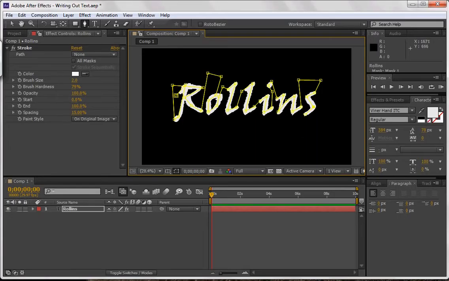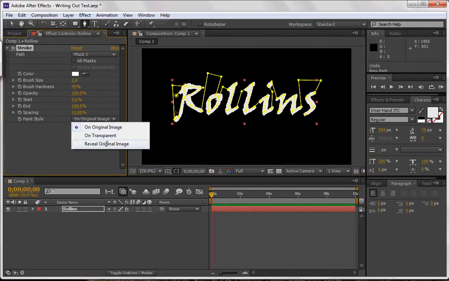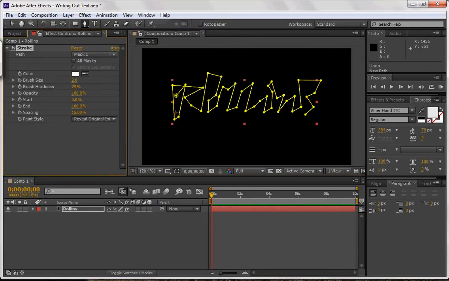This is all one mask. So once this is done, you want to go back through and have it follow your mask one. If you use multiple masks, let's say there's multiple little pieces, let's say there's an exclamation point or something you'd want to have as a separate mask, then you would usually say all masks and strokes sequentially, but in this case I just want mask one. So I'm going to go ahead and have this reveal my original image, and you can see that everything seems to disappear. So what I need to do is to go ahead and